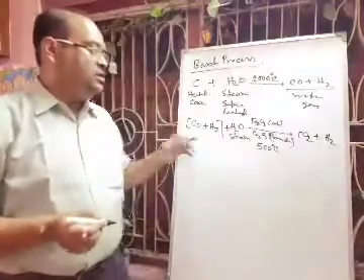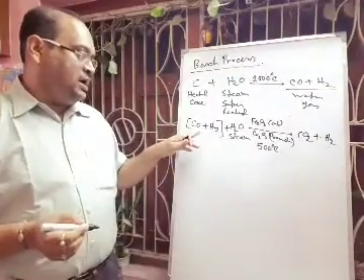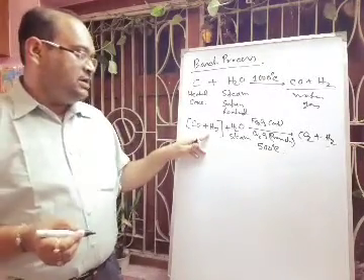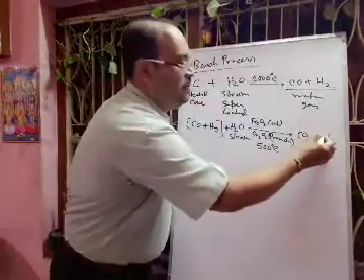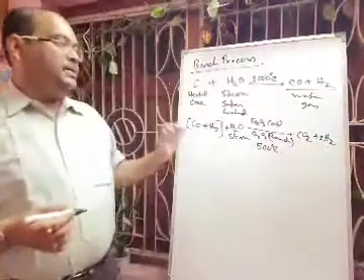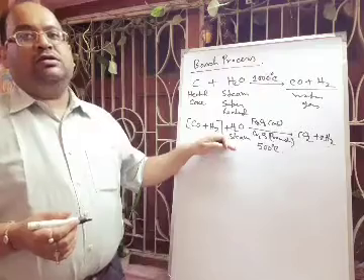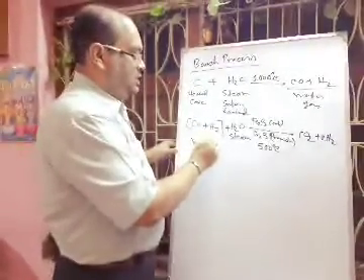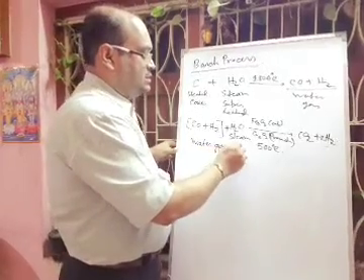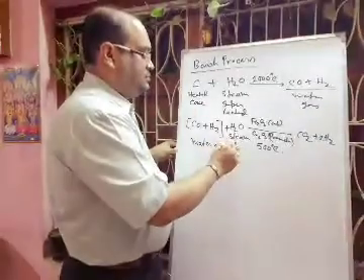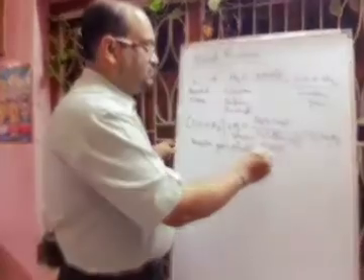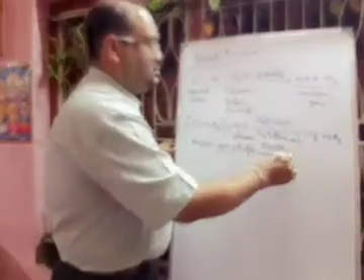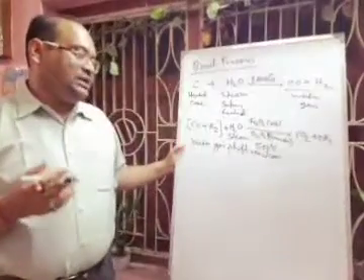So it will produce carbon dioxide gas and hydrogen. Hydrogen will not react, only carbon monoxide will be converted, and to balance the equation you can write 2H2 here. Now this reaction is called the water gas shift reaction. I am writing here: water gas shift. So this reaction is called the water gas shift reaction.